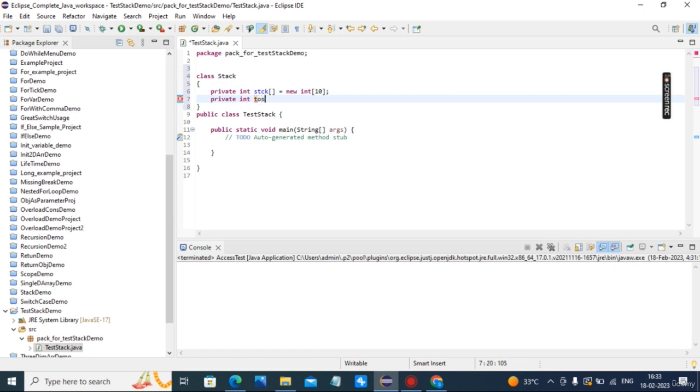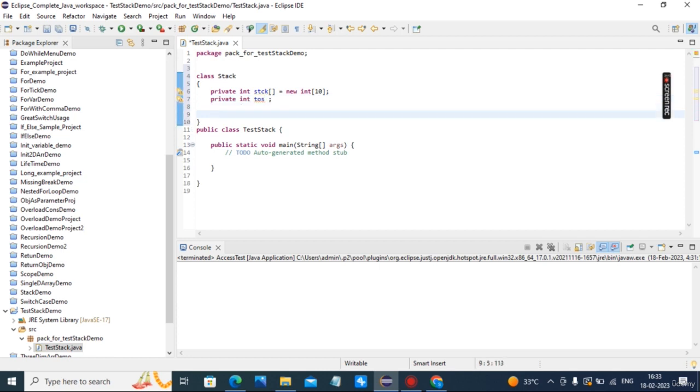Why have we made these private? To prevent malicious access to top of stack and the stack array. If the stack goes into the wrong hands, they can harm the stack class. So for that purpose, I made both private.